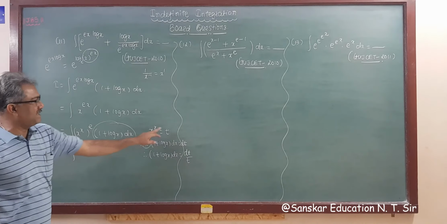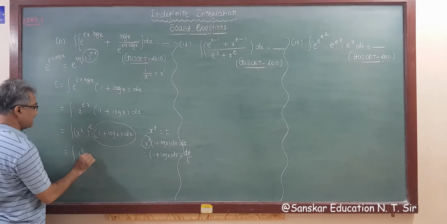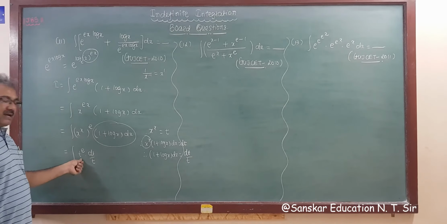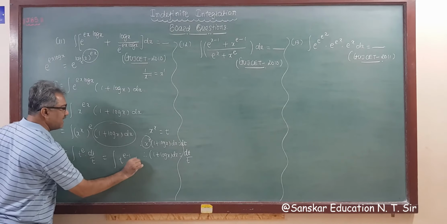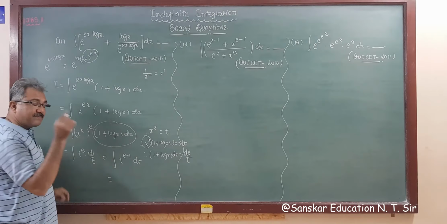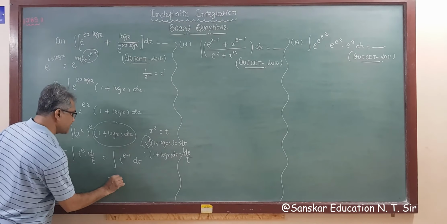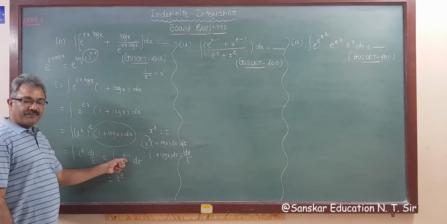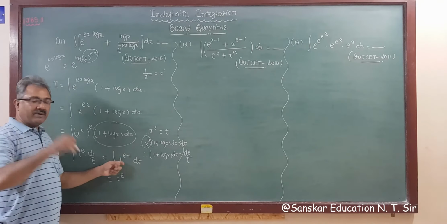Now x raised to x is t, so this is t raised to e into dt upon t, that is t raised to e minus 1, so this is t raised to e minus 1 dt, and integration of this is power 1 increase, so minus 1 will be cut, so the answer is t raised to e upon e, t raised to e upon e is the power, right?